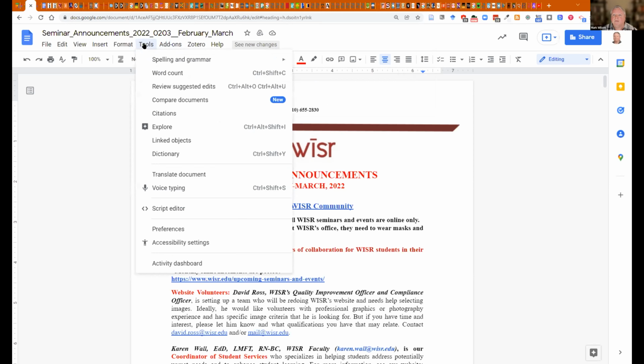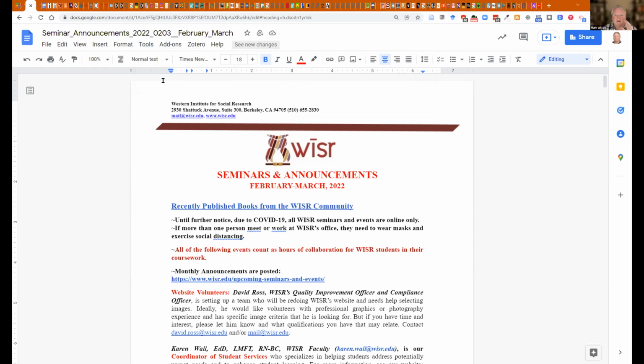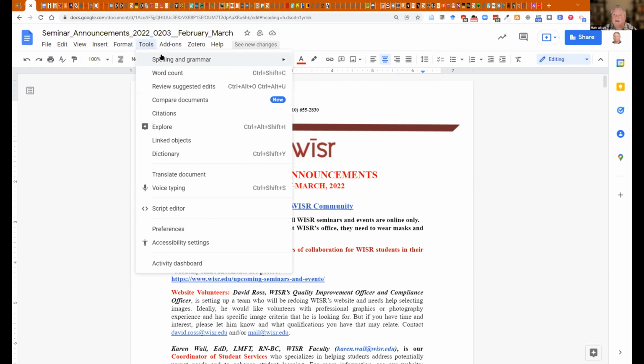So have them, again, open the document, go to tools on the navigation bar, and the top one is spelling and grammar. And you can see now, show spelling suggestions had been turned off because I turned it off. Now I'm going to turn it back on. Unfortunately, it doesn't stay there, so you have to go back to make sure. But now the check mark means it's turned on. So spelling suggestions, grammar suggestions, or you can actually turn both of them on or off at the same time